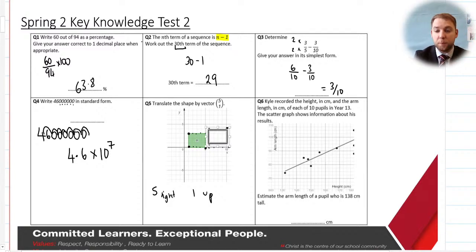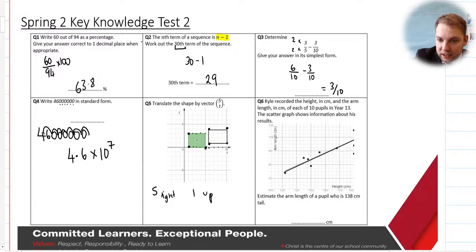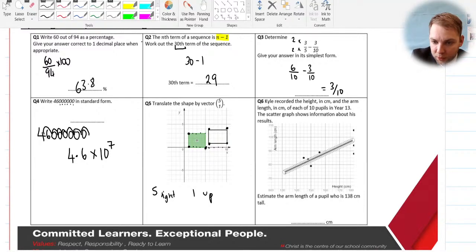Estimate the arm length of a pupil who is 138. Now the thing with this one, they've actually already drawn your line of best fit. They don't always do that, so usually you'd need to draw your line of best fit. And if I want to have a look at a pupil with an arm